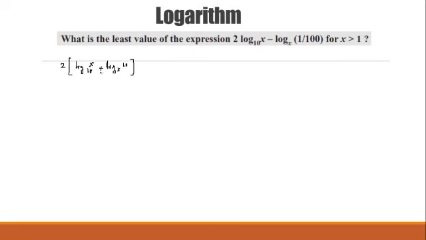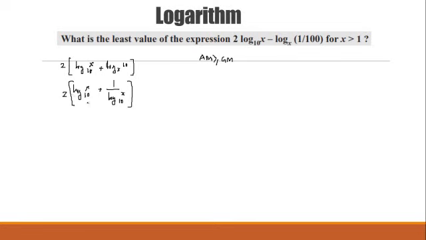Whenever this type of problem comes, we can think of one of the very important inequalities that we have in our hand: the arithmetic mean of any two numbers is greater than or equal to the geometric mean. Here, the second number can also be written as 1 upon log of x base 10, and the first number is as it is, log of x base 10. So these two numbers are reciprocal of each other.